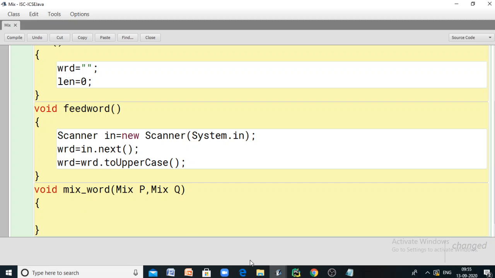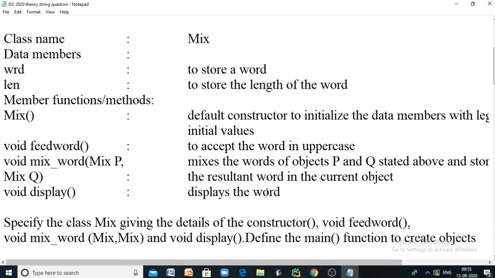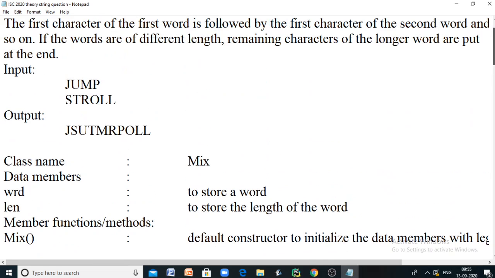Now let us see the logic of mixing two words character by character. Jump is of length 4 and stroll is of length 6. Now we want to take characters from both the words alternately and mix them.